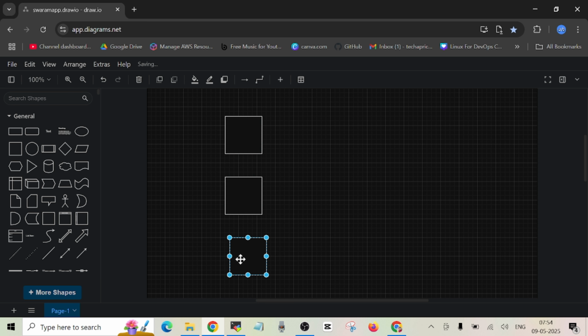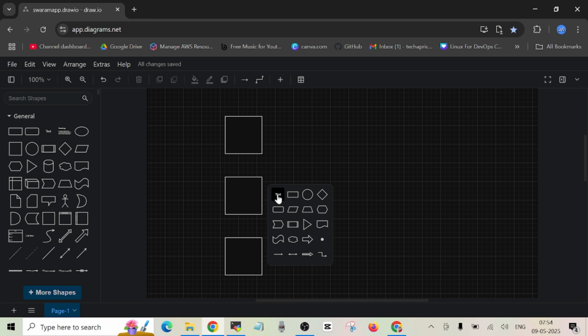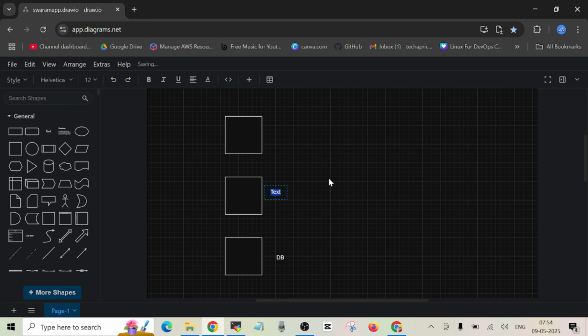We have one database layer, one backend, and a front end. And they all can talk to each other on the same network that we'll be defining